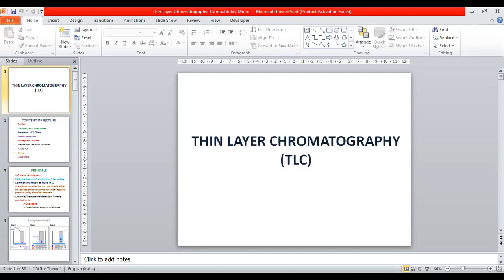So a separation of the solutes will be performed by using a stationary phase which is present over a thin or flat surface. A flat surface or a thin surface is going to be utilized on which the stationary phase will be existing, and the solute molecules are made to interact with the stationary phase present over the thin or flat surface. The relative affinity of the solutes towards the stationary phase will become responsible, and as a consequence of this affinity, the solute molecules are going to reside over the surface of the stationary phase. So separations are going to be performed by using a stationary phase which is present over a thin flat surface.